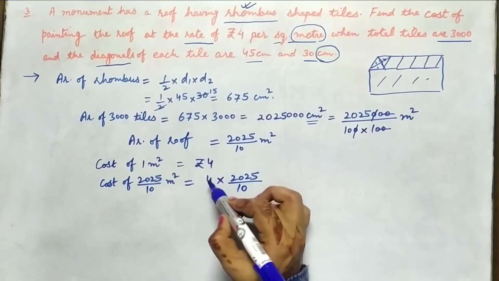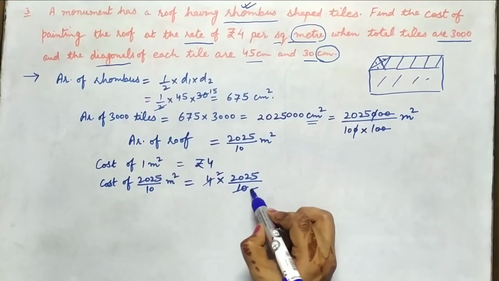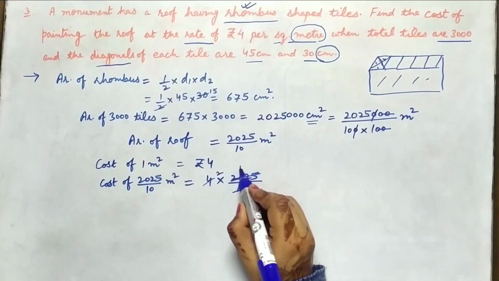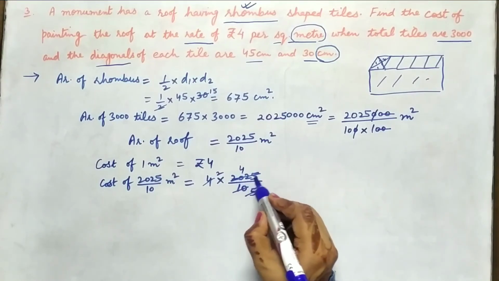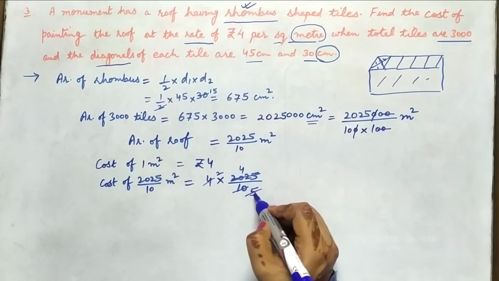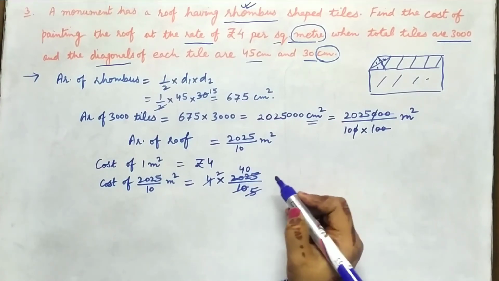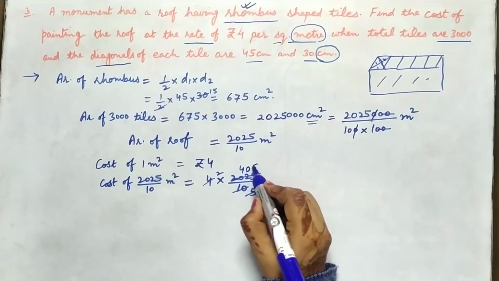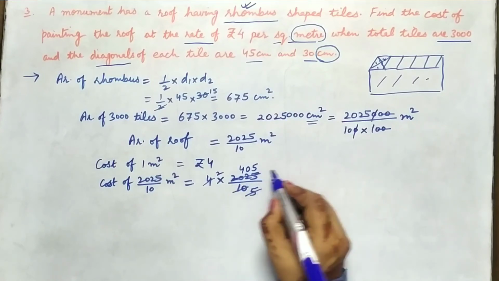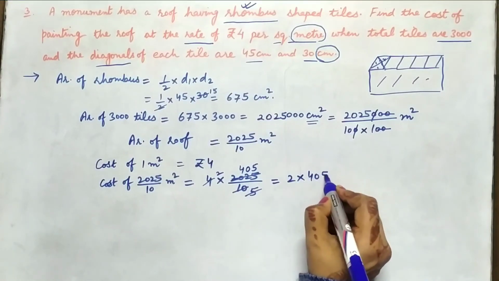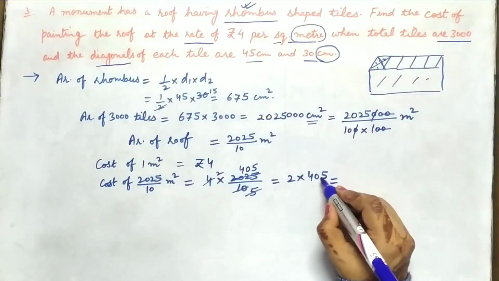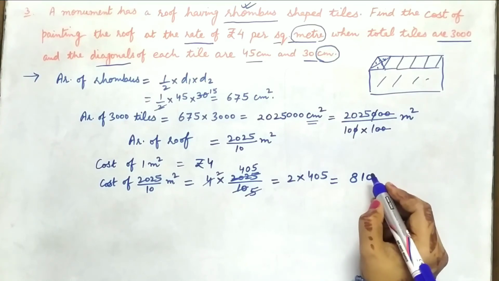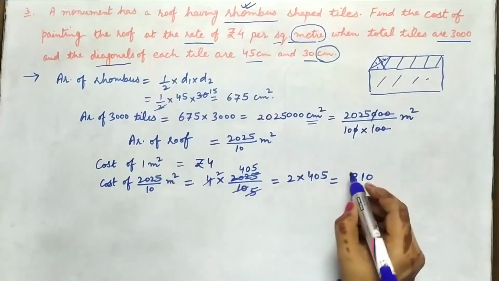Again cancellation work. 2 2s are 4, 2 5s are 10. 5 gives this cancellation. 5 4s are 20 up to this much. Next is 2. It is not divisible by 5, so we write 0. Next we take 2 digits, 25. 5 5s are 25. Therefore we have 2 multiply 405. And the multiplication gives 5 2s are 10 and 4 2s are 8. And units, this was the cost.